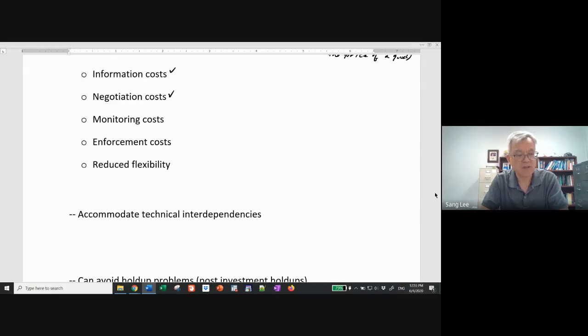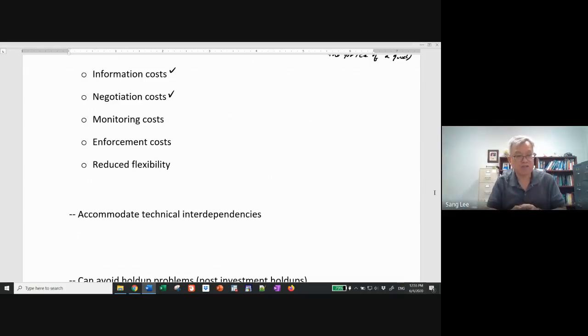And also, if your market transaction does require some legal contract or legal relationship, then you have to